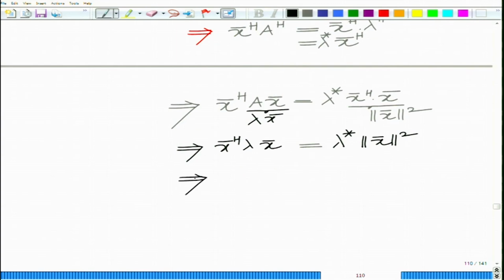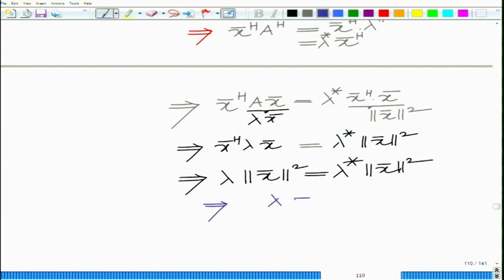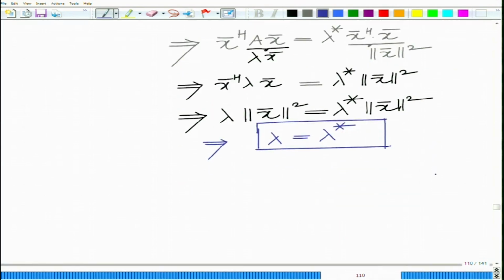Now, lambda is a number, so this is lambda times x bar Hermitian x bar, which equals lambda norm x bar square, equals lambda conjugate norm x bar square. From the left hand side and right hand side, since norm x bar square is not equal to 0, this implies lambda equals lambda conjugate, which leads us to the conclusion that lambda, an eigenvalue of a Hermitian symmetric matrix,